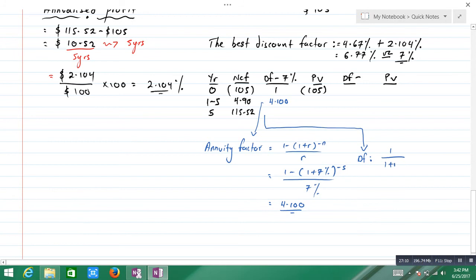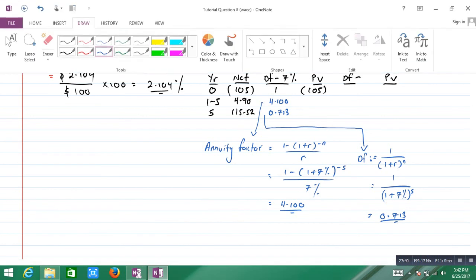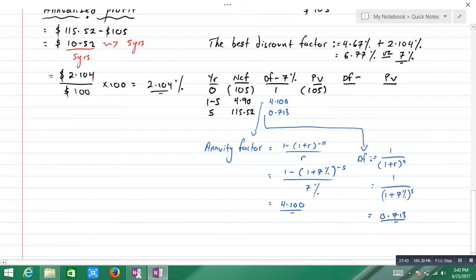That will give you 0.713. So 20.09. 82.37. Now that will give you